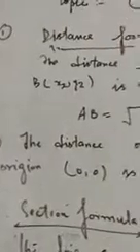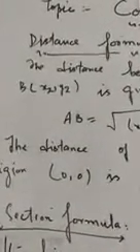We write x1, y1 for A, and the coordinate point of B is x2, y2. How can we find out the distance between A and B? We use the distance formula. The distance between the point A (x1, y1) and B (x2, y2) is given by